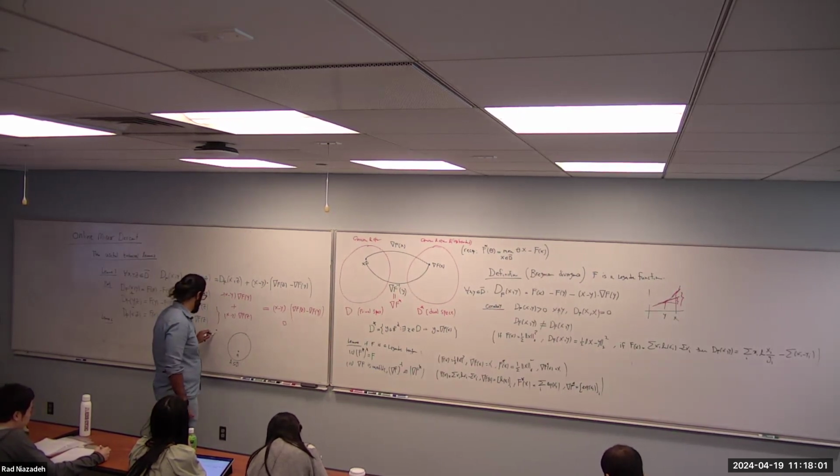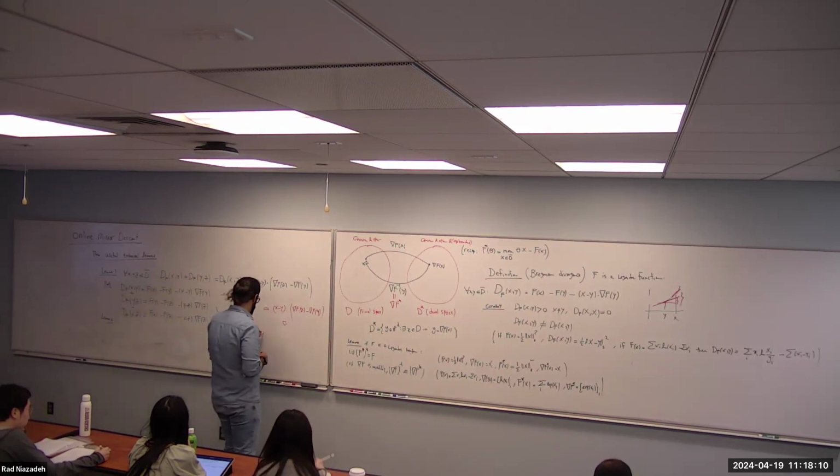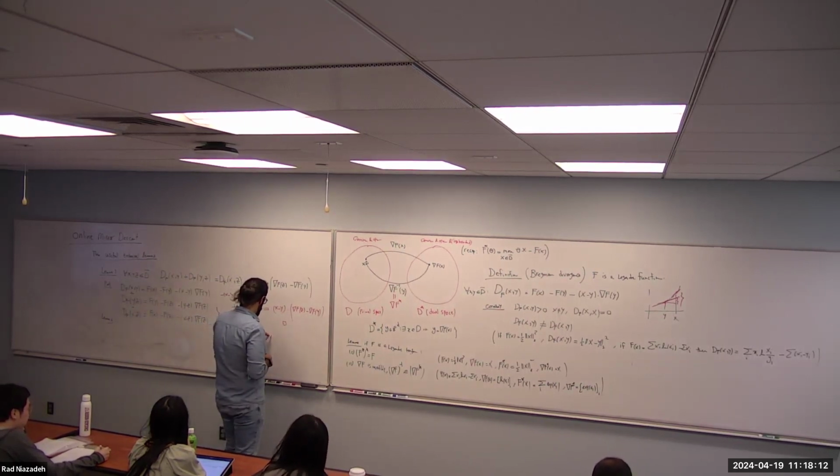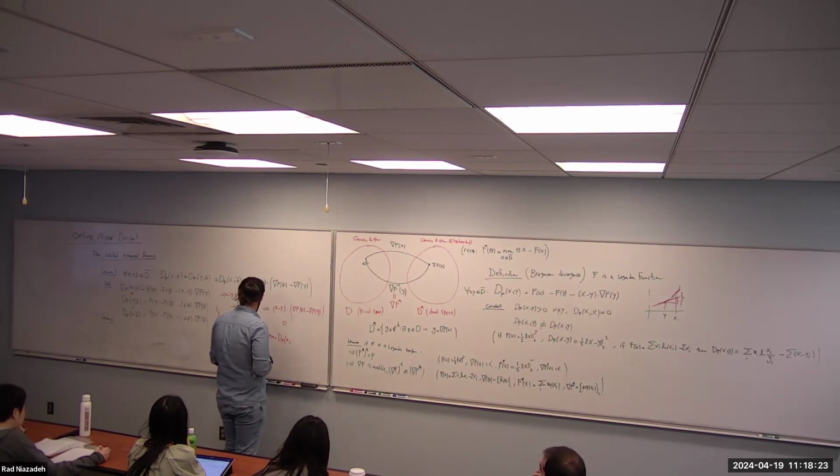Let's call that x. So you find a point in A that has the minimum. So A star is the argmin of